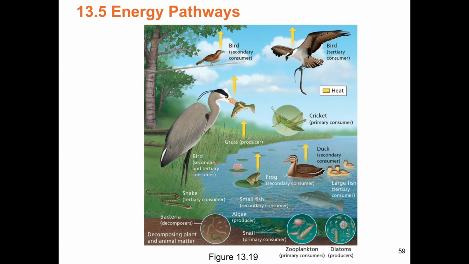Over here we've got grass as a primary producer. I'm not really sure what the snake is supposed to be eating. If we had little rodents or insects that the snake eats, then the snake could be a secondary consumer, because the primary consumer would be the rodent. The snake could be a secondary consumer if it eats a rodent. To be a tertiary, it'd have to eat something that ate something that ate something. So in this case, the bird is definitely a tertiary consumer because it's eating the fish. That fish was also a tertiary consumer. If the bird eats the snake that ate a fish, that's a tertiary consumer.